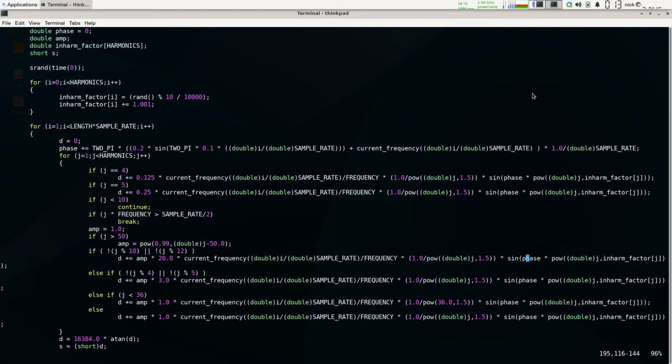The phase. Now, normally, a sine wave, you generate it as sine 2 pi f t. So it's 2 pi times the frequency times the current time in seconds. Now, you may be familiar with that formula, but it doesn't work so well in this case because the frequency f is changing, and where that 2